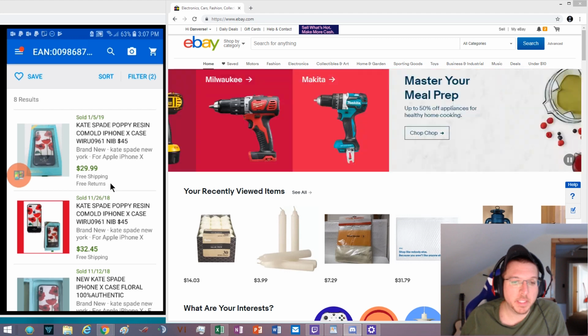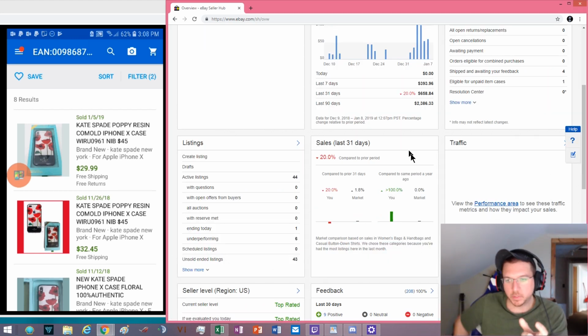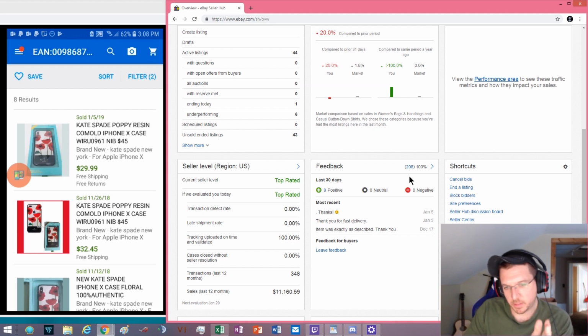February of 2018. I took a break between August and December because I was teaching metrology for the fall semester of 2018, and I couldn't really do both because teaching took up so much time. So from February to August, and then from December until now, I've been able to rack up over $11,000 in revenue. And it doesn't seem like a lot, but really the only work I'm doing is going to the store,